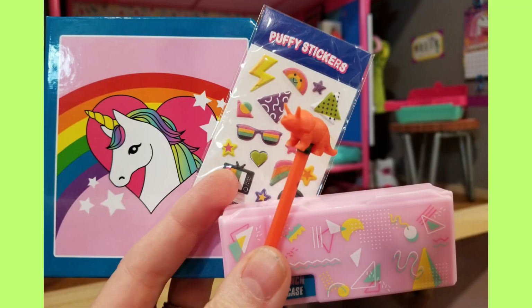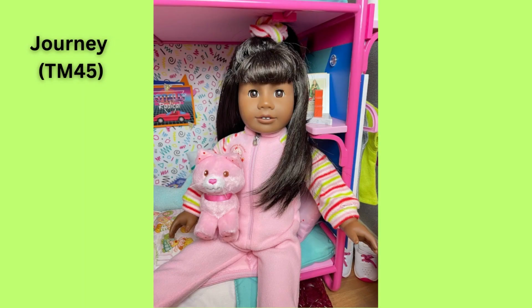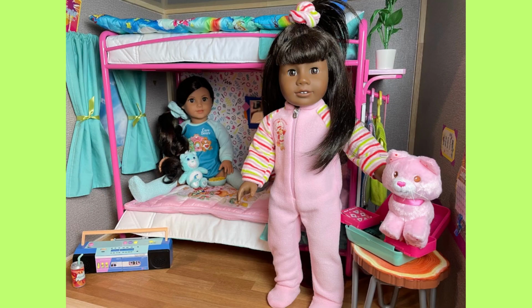All right, recap. Here are the school supplies. And then for the pajamas, I wanted to put them on a couple different dolls. So we have here Journey, who's our Truly Me 45, looking stinking adorable. And you'll see in just a minute, I did put Maritza, or my wife did actually, put Maritza in Courtney's Care Bear gown. But we also wanted to put Quinn, our Truly Me 85, in these pajamas as well,